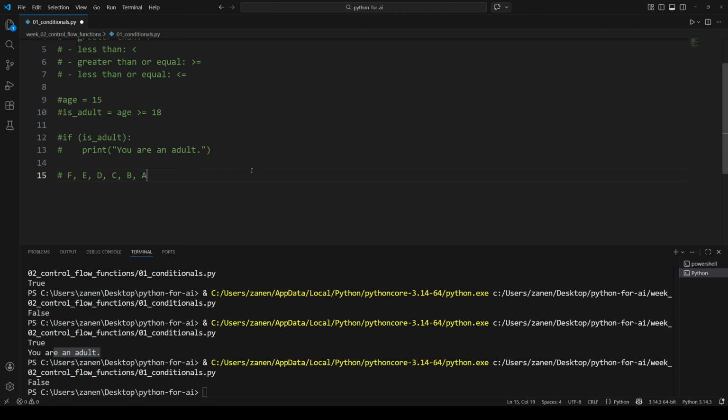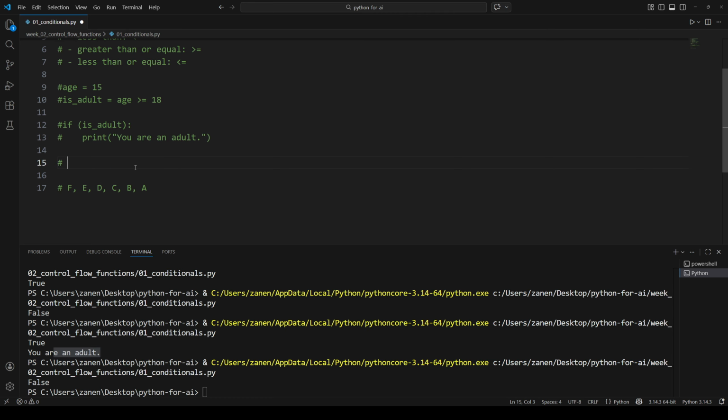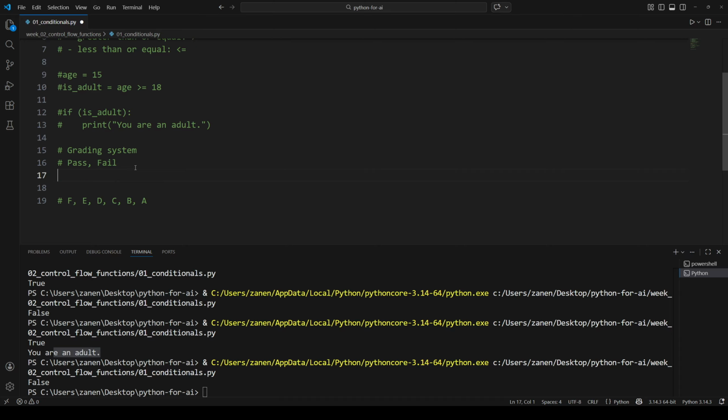So how can we handle this kind of situation? Now, let's say you have a very easy system. Maybe this advanced situation comes later. So let's create a grading system that only has pass or fail. In Sweden, we actually have this called EG, which is fail, and G for passed. But for our use case, maybe we'll just call it pass and fail. And